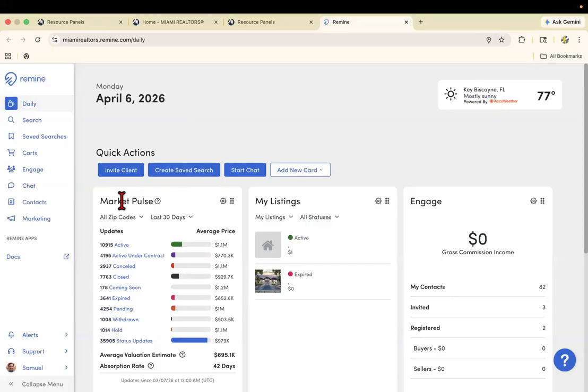What that will do for you is it will allow you, just like in Matrix, to dial in and find changes happening in the zip codes that you service. If you do not set up your market watch, it will automatically give you a bird's eye view of how we are performing inside of the MLS for all